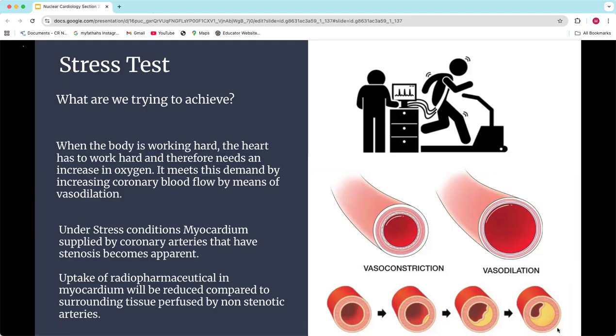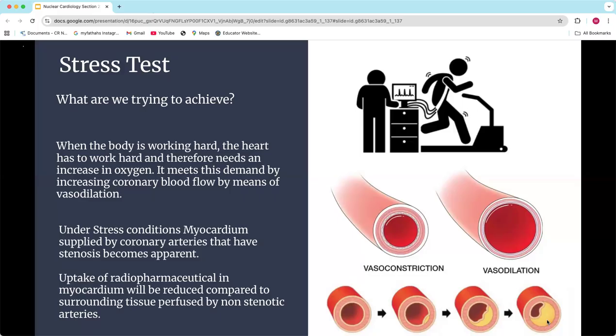And so it calcifies and hardens down. And what happens when it does that is that vessel loses its ability to open up and dilate. Okay, it loses that ability. And so under a stress condition, that stenosis or that buildup becomes very apparent because under a stress condition, all healthy vessels and healthy areas of the heart, those healthy coronary arteries, they're going to open up and you're going to see an increase in blood flow, and areas that are not healthy are not going to increase.